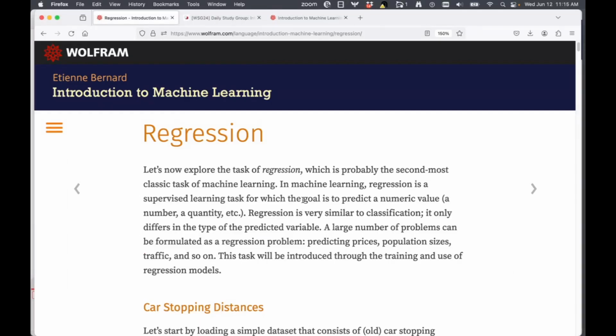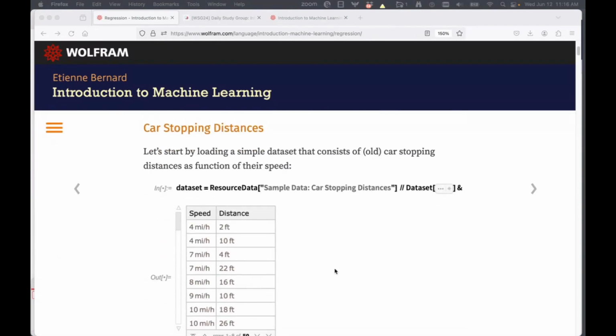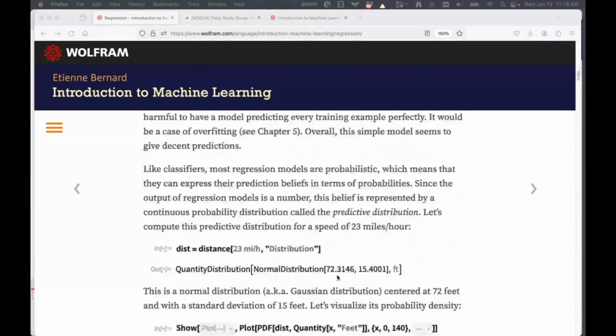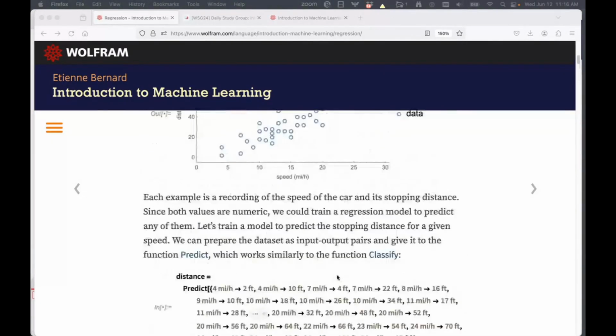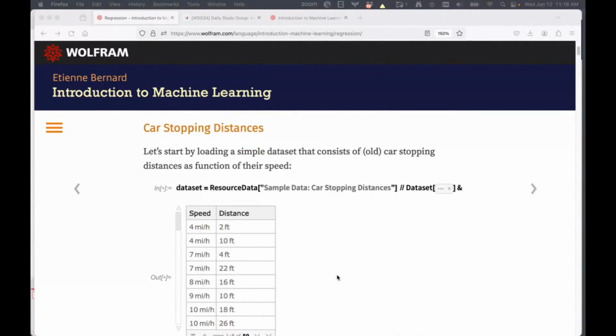So here in regression, the goal is to predict a numeric value. If you've been looking at some of the examples here in the regression chapter, whether it's car stopping distances or the Boston Homes dataset, you have a feel for the kind of dataset that lends itself well for the task of regression. So which of the following do you think has to be true so that you can actually use regression?